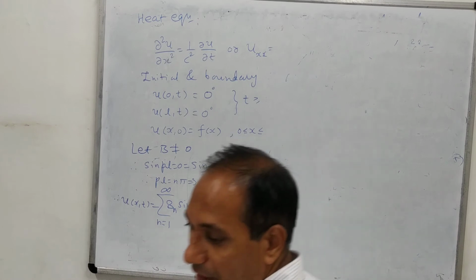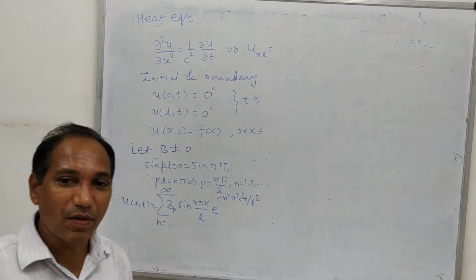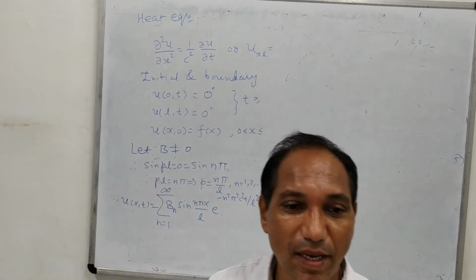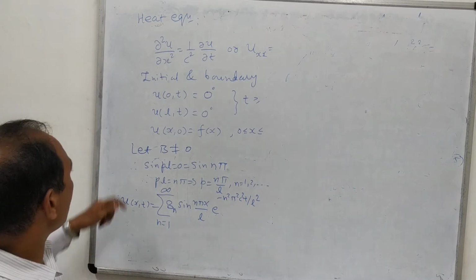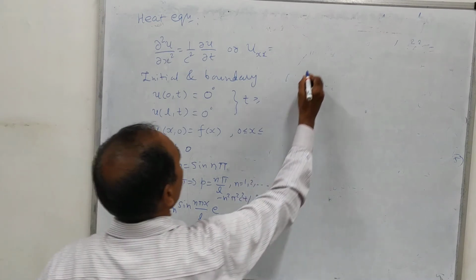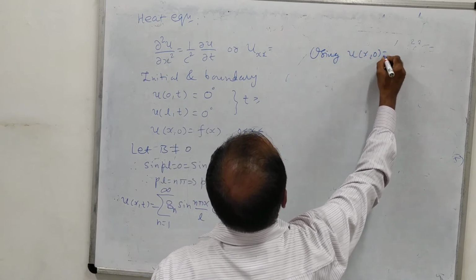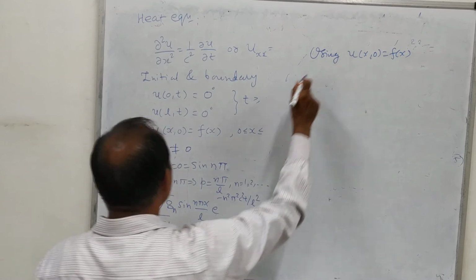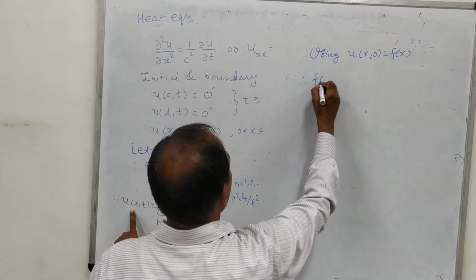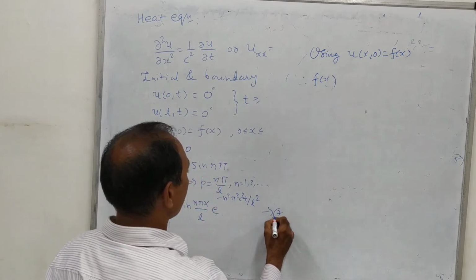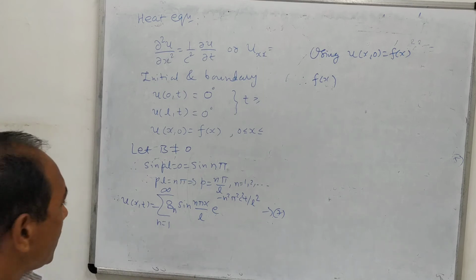Now we will make use of the last condition. Here you must have noticed that in the wave equation we were using 4 conditions, but here we are using only 3 conditions. The last condition is u(x, 0) equal to f(x). So using u(x, 0) equal to f of x, here t equal to 0 and the value of u is f of x. Therefore you should write that this is, suppose, equation number 7, and then write that from equation 7 we get this.